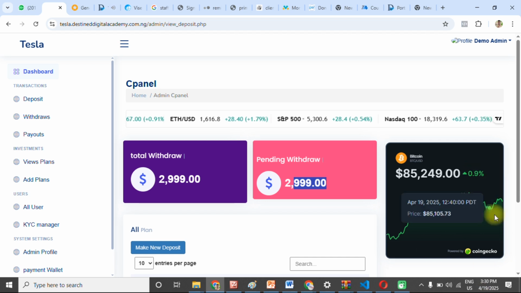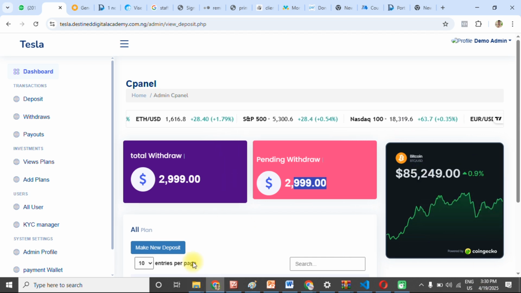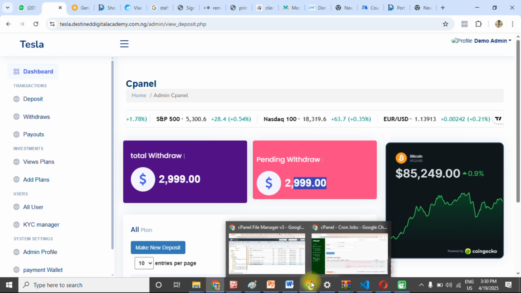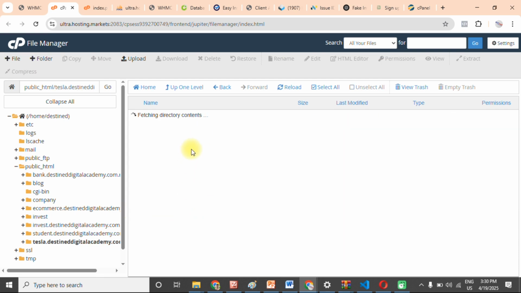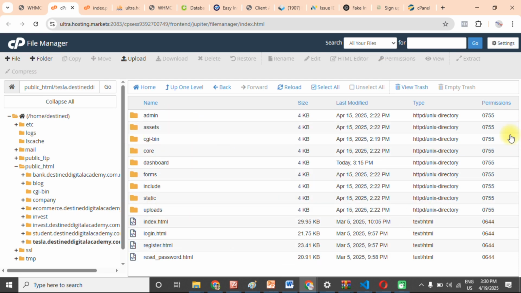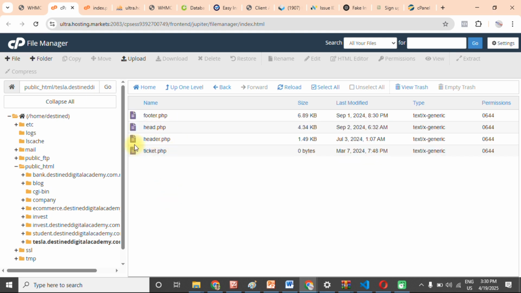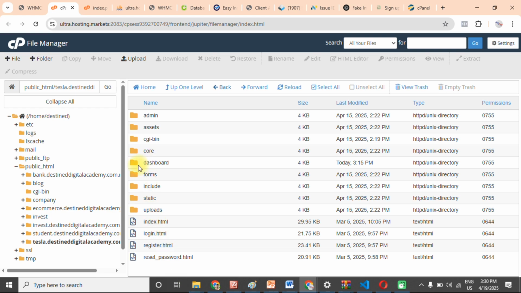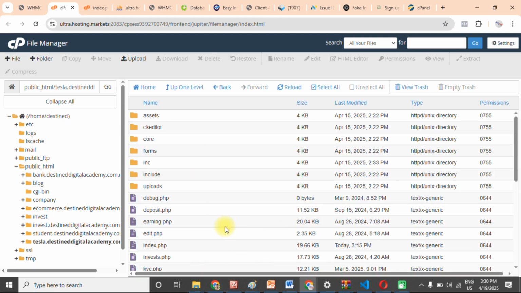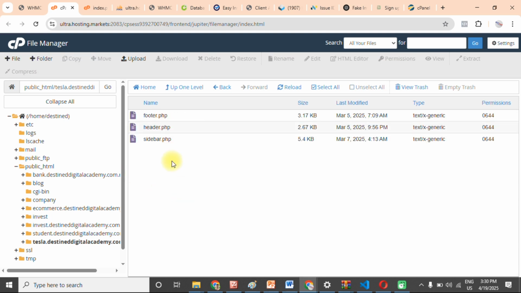So the next thing I want to touch before I go is how to include a live chat. So to include a live chat, just go to your files. So these are my files here. Then in my files, just go to include, click on include. Depending on how you want to include it though,